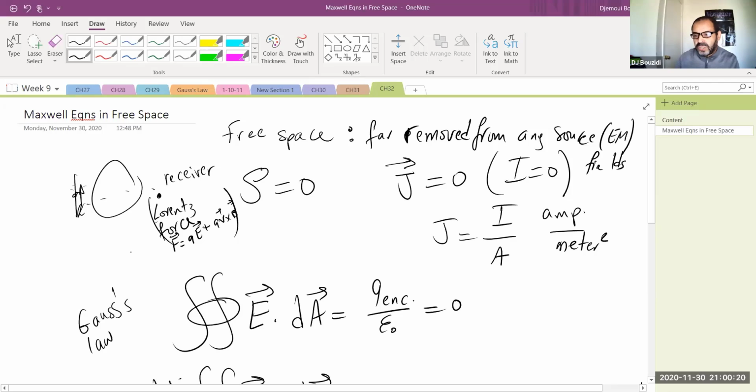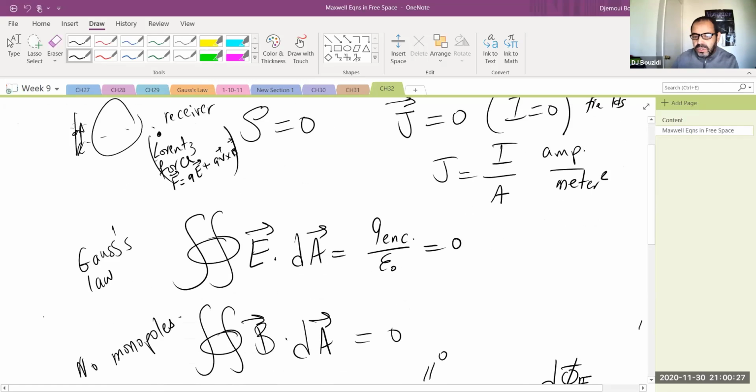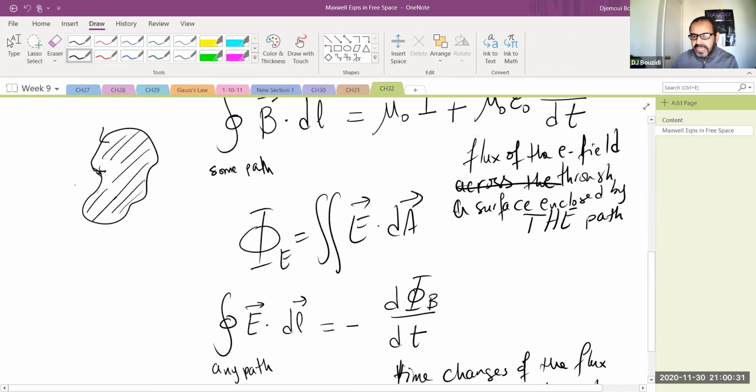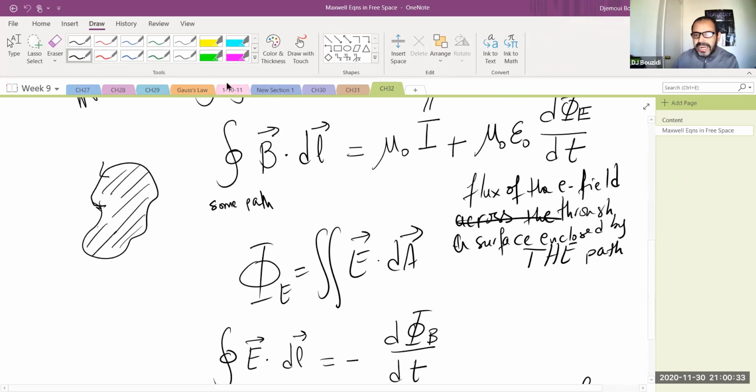We are in the middle of free space. We don't have anything in between them. So we're looking for the electric field and the magnetic field and how they look. That's basically, in a nutshell, how this story is for chapter 32. Do you guys understand where we are really situated in terms of this whole problem? So we took Maxwell's equations, which are valid everywhere, and I said the following. I said we're going to go in free space. We're going to focus on an area of space where there are no charges to create their own electric fields,